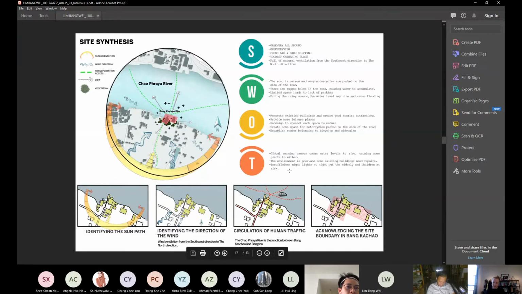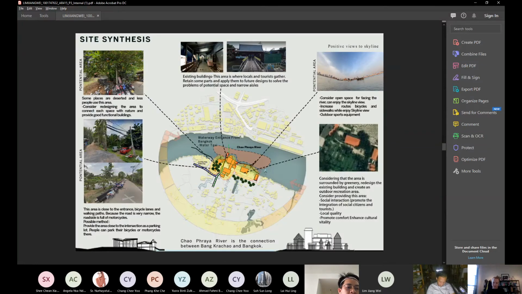Some roads have uneven holes causing water to accumulate. The point is that limited space causes a lack of parking, and during the rainy season the water level may rise and cause flooding.